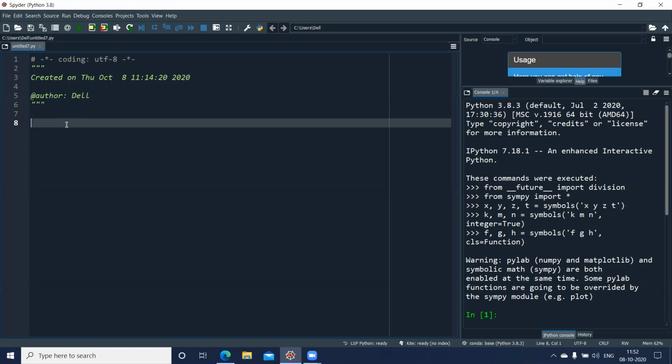Now, for an example, we'll create an array of 3 by 4 dimension using the function arange. We have used this function before as well.